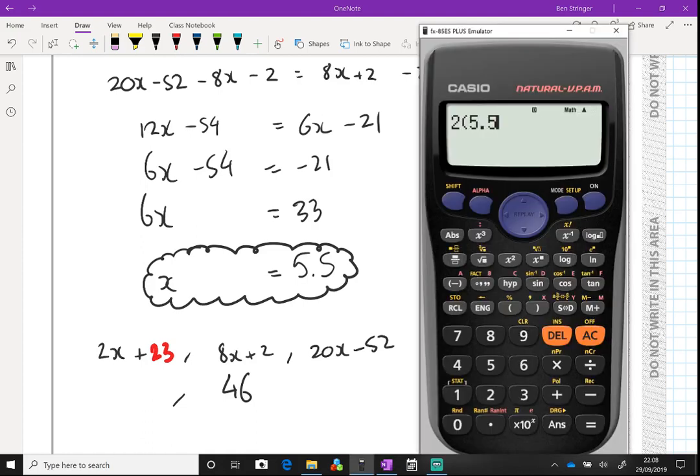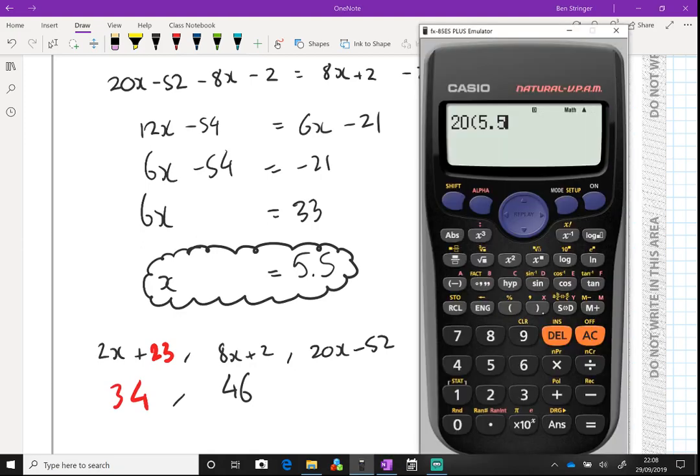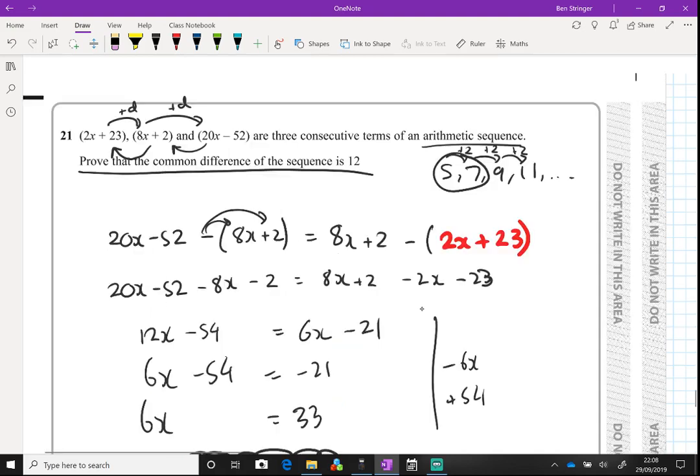2 times 5.5 plus 23 is 34. It's got a difference of 12. Yes, things are going successful. 5.5 times 20 take away 52, the third term, it's 58. Now what's the common difference between these? That's 12. That's 12. We've proved that the sequence has a common difference of 12, given that it's an arithmetic